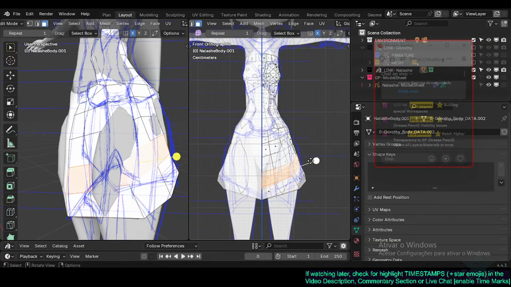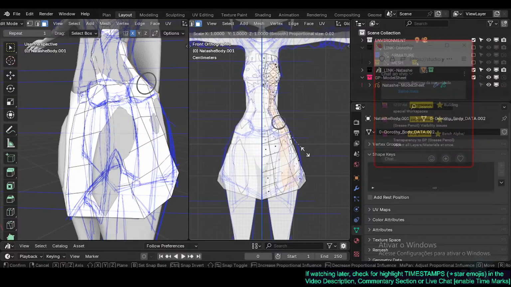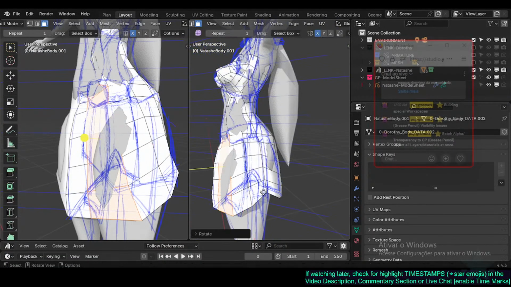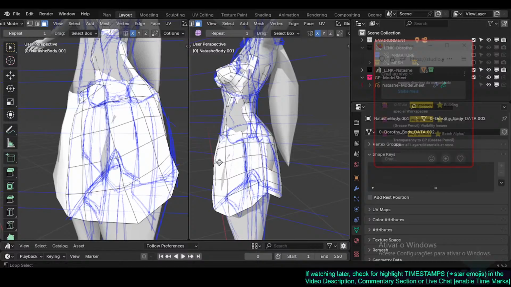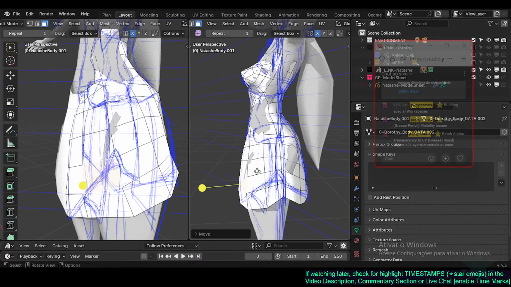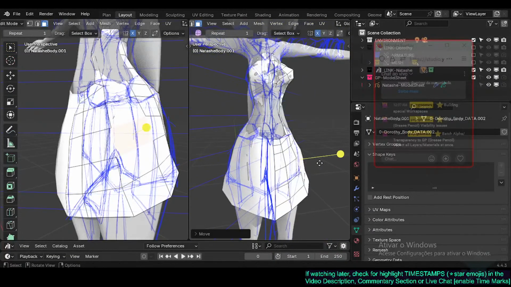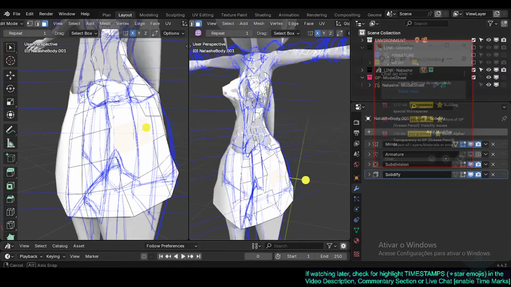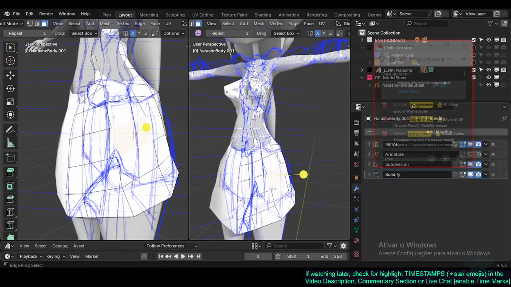Come on, I should have done this before. It's because I was creating all the topology, so I didn't even have the proper face loops yet. Yeah, and a lot of this could be fixed just by already having the solidifying and extruding. Alright, so